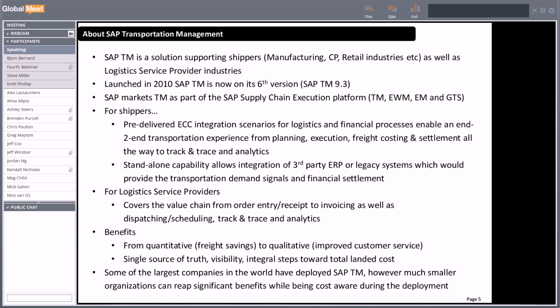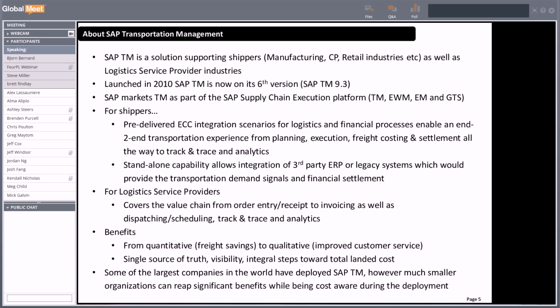You want to create that single environment that basically manages everything around transportation. It will provide more visibility, and really it's an integral step towards a total landed cost approach in your supply chain. Final thought. Some of the largest companies in the world, as you have seen, have deployed TM, like Apple,